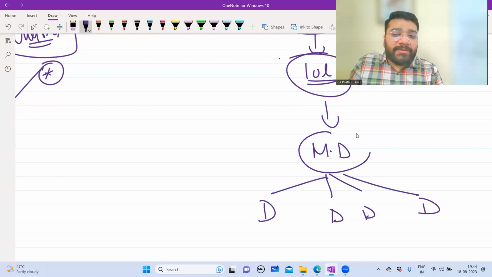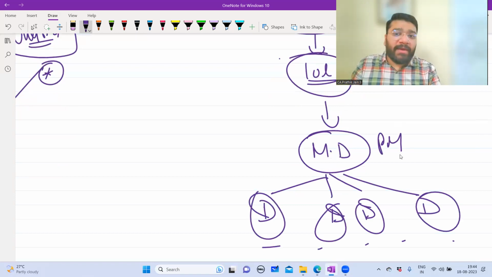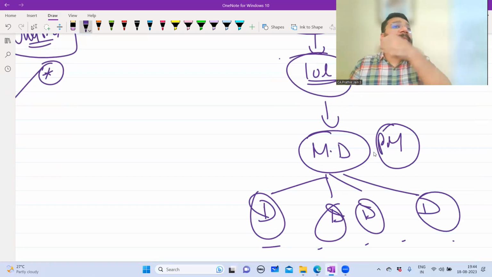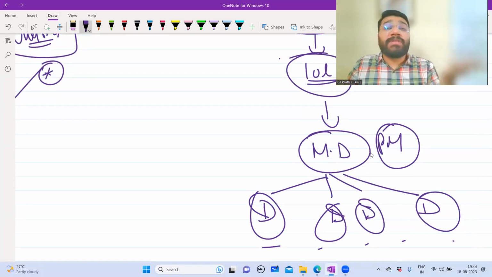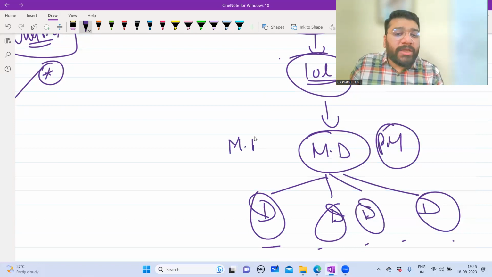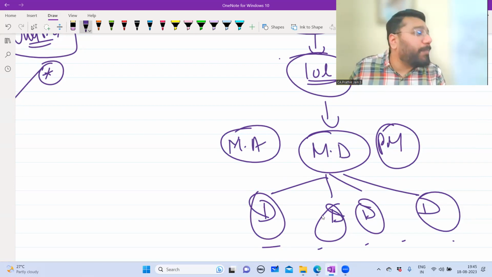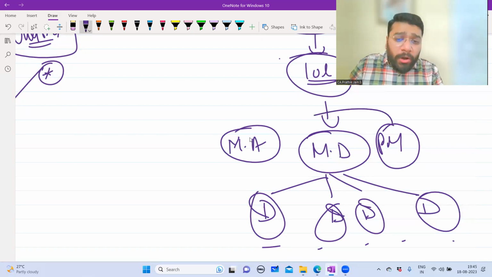Now, how we have ministries. Under the prime minister, we have so many types of ministries. In the same way, the prime minister of the company is called the MD, managing director. Under him, we have multiple directors, multiple ministries. Prime minister, can you give one example of a ministry under him? Finance ministry, which is led by Nirmala Sitharaman. So here, who is the MD? Mukesh Ambani is the MD. Below him, there are so many directors who will do the functions of each and every department. Are you able to follow? So all of them put together are called the